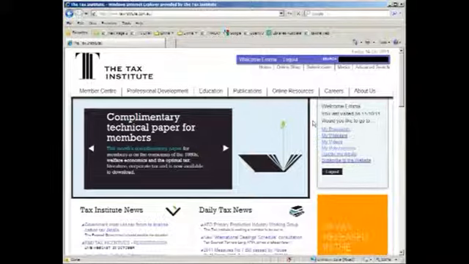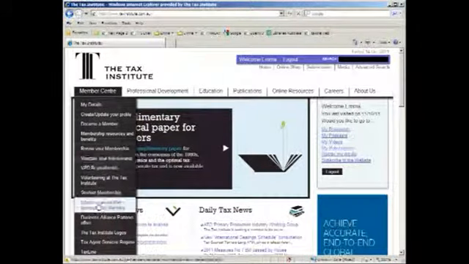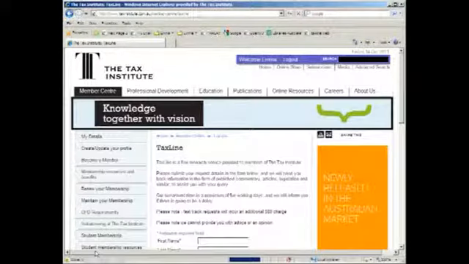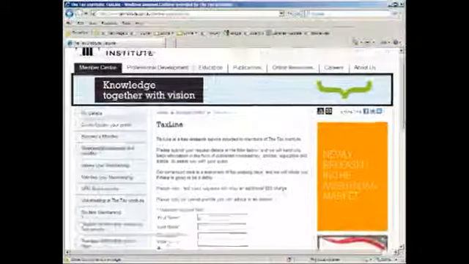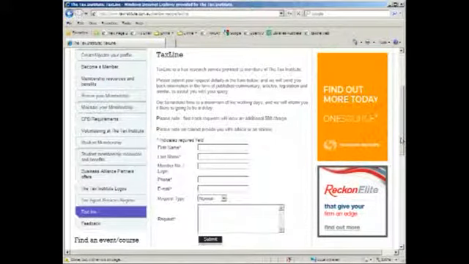Okay, now let's have a look at the Member Centre, which is very useful for you. And what we want to show you right down the bottom for members is Taxline. Now Taxline is the free research service for members. And you can contact us here by using the template. We ask you to fill it in and then you put your request